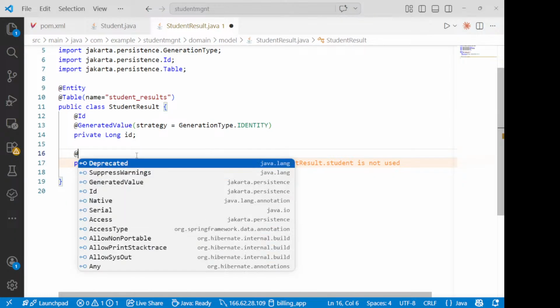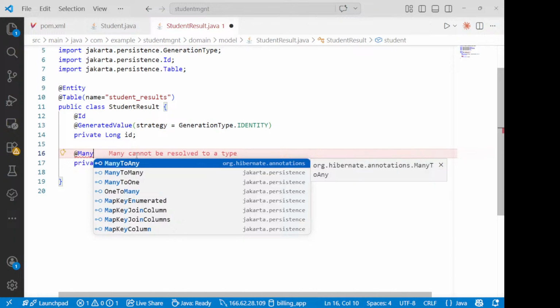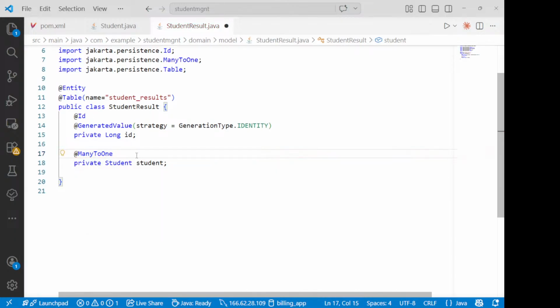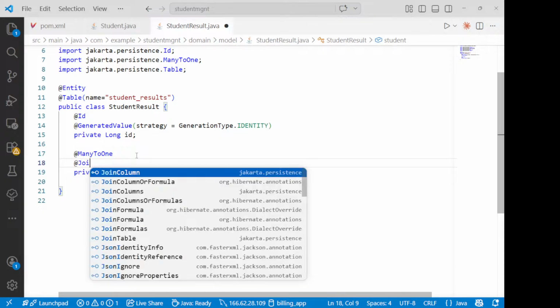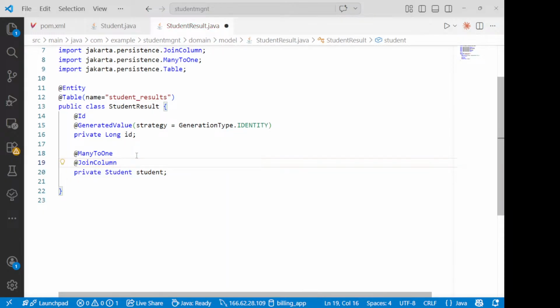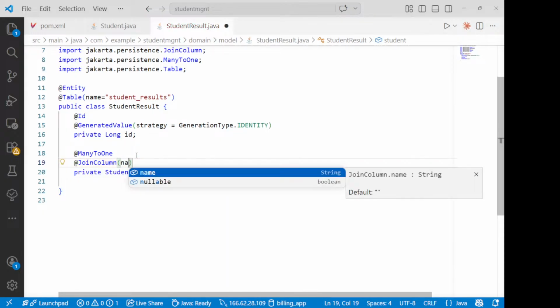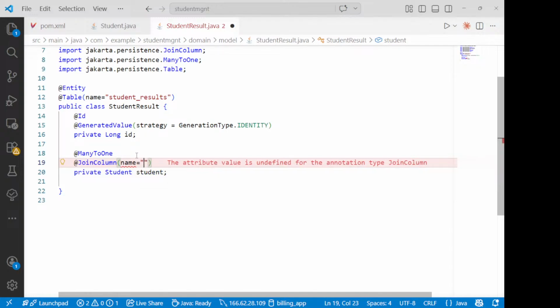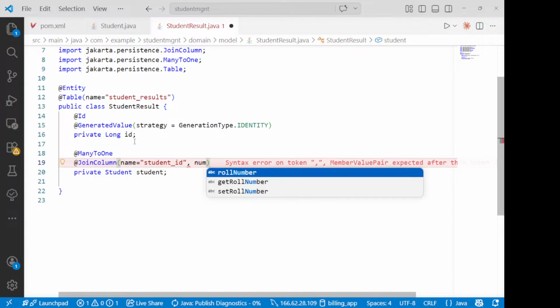So I'm going to have first thing ManyToOne, and then we are going to have JoinColumn, and this JoinColumn name is going to be student id. So multiple results could be there for the particular student, so I'm just saying simple student id, that is going to be